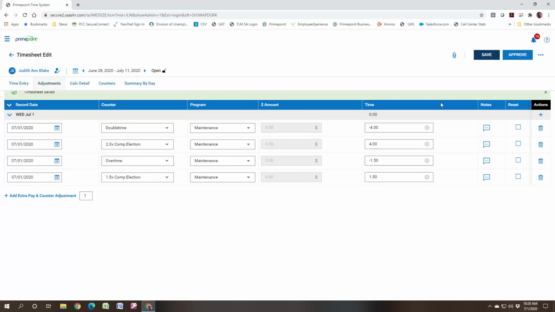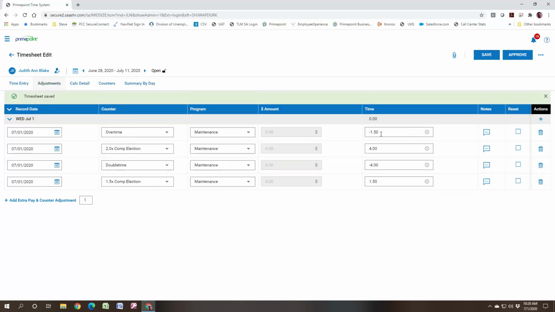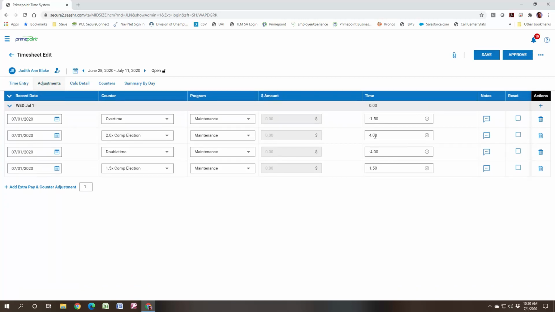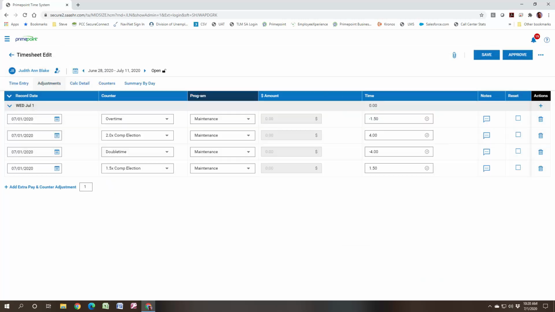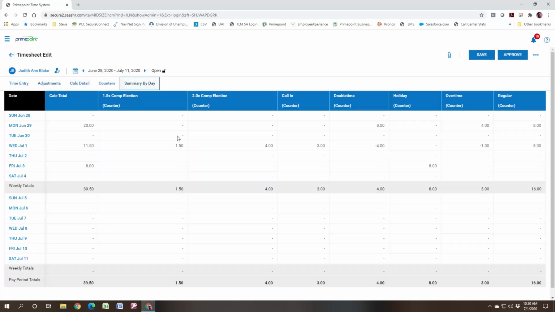So when I click Save, what's happening now is the overtime is getting negated, the double time is getting negated, and then those amounts that were put in as comp elections, 4 is going to be multiplied by 2 to give 8 hours, and 1.5 is going to get multiplied by 1.5, which is going to give you 2.25 hours. So again, if we go to our ellipsis and look at our time off counts, we're going to see those 10.25 hours are immediately in the comp bucket. And then if we go back to our Summary by Day and look at our totals for the week, we're going to see